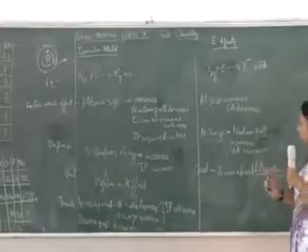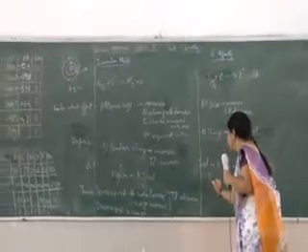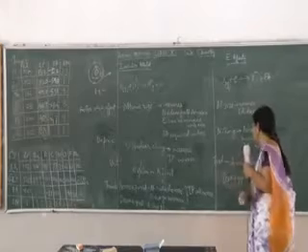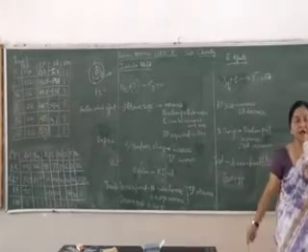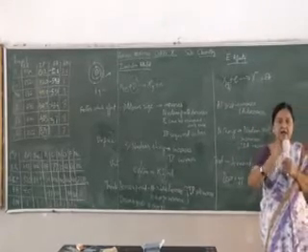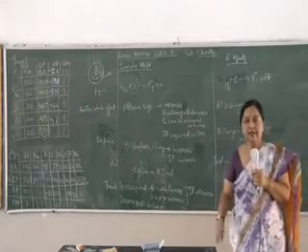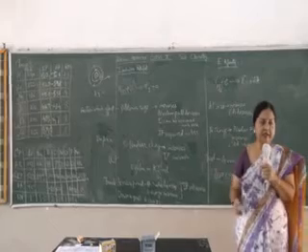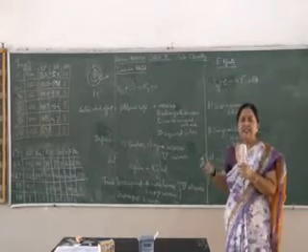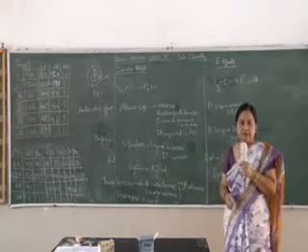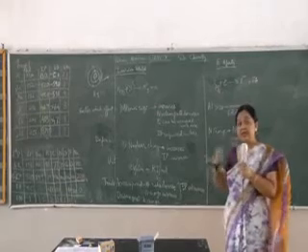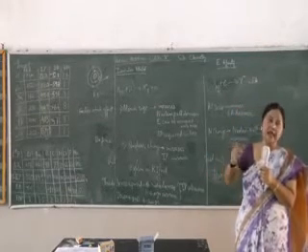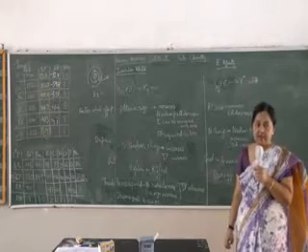Now what happens down a group? Remember, the smaller the size of the atom, the more is the electron affinity. The nucleus will have more tendency to pull the electron towards itself. It will very easily accept the electron. When we are talking about pull, it is the nuclear pull, because the nucleus is the positive charge. It is pulling the negatively charged electron in its last shell, that is the valence shell.